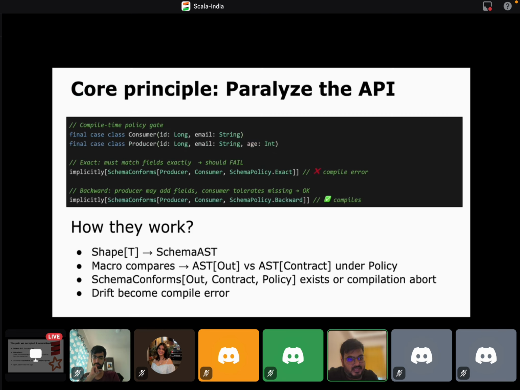So how do these work, right? Again, coming back to the same thing, how do they work? You define a shape. Shape is nothing but record fields, so your case class with a generic type. It will build your complete abstract syntax tree. Now, what is an abstract syntax tree? Abstract syntax tree is something like